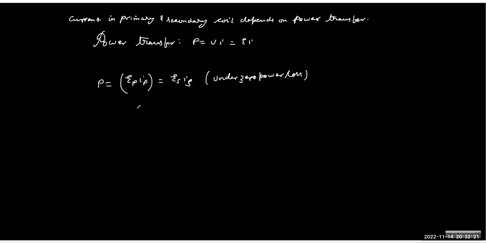So if I say there is no flux loss, but there is a power loss, then the EMF relation will not be affected, but the current relation will be affected. Understood? Yes, sir. But it never happens. If there's a flux loss, there is definitely energy loss, since energy and flux are related. But even if I hypothetically assume that there is no flux loss, but there is energy loss,